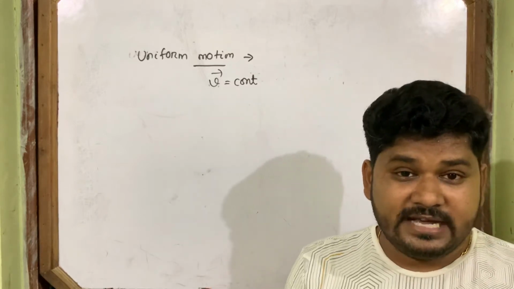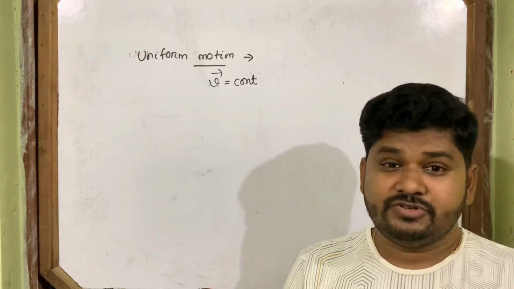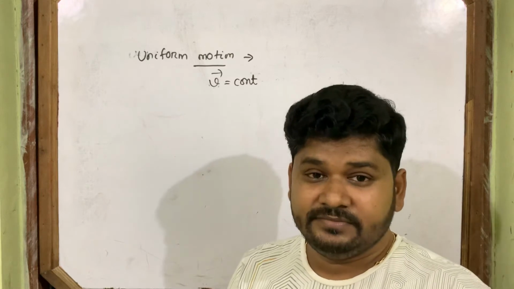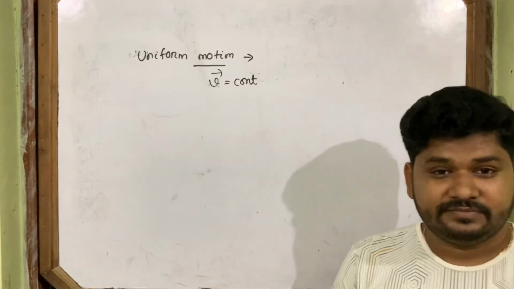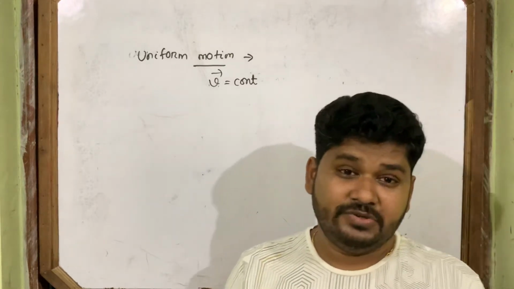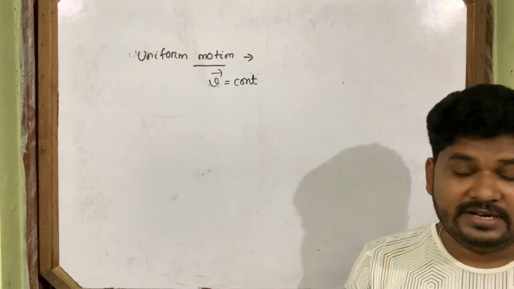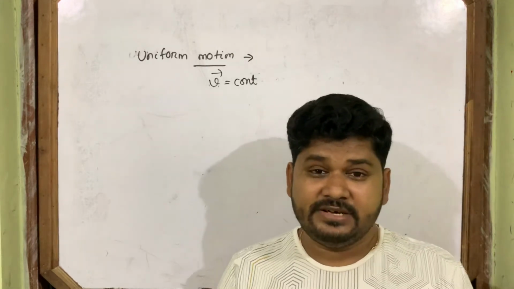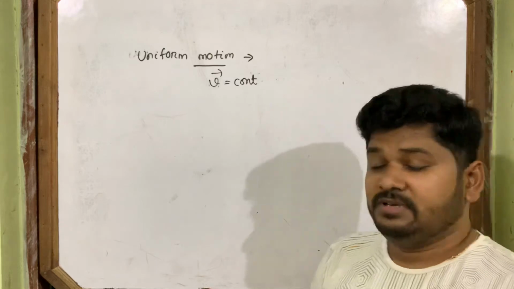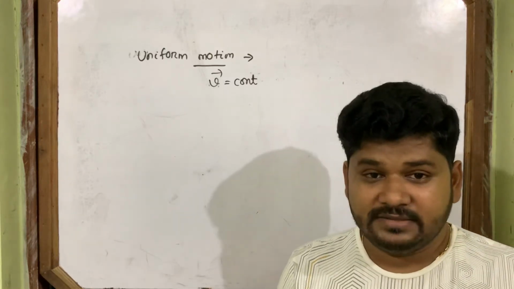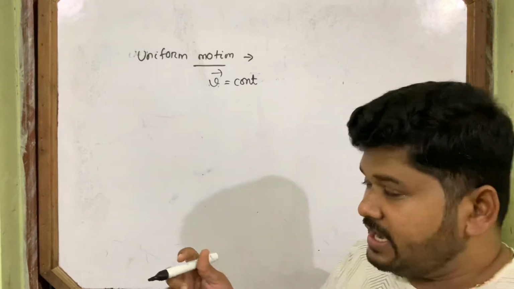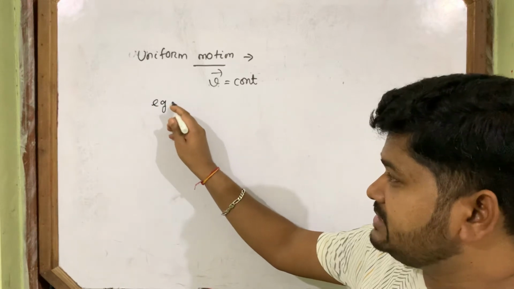Is there such an example of uniform motion in our day-to-day life? Think about it. You can pause the video here and think about what examples exist in our day-to-day life of uniform motion. It is very difficult to maintain. Okay, now I am telling you such an example is